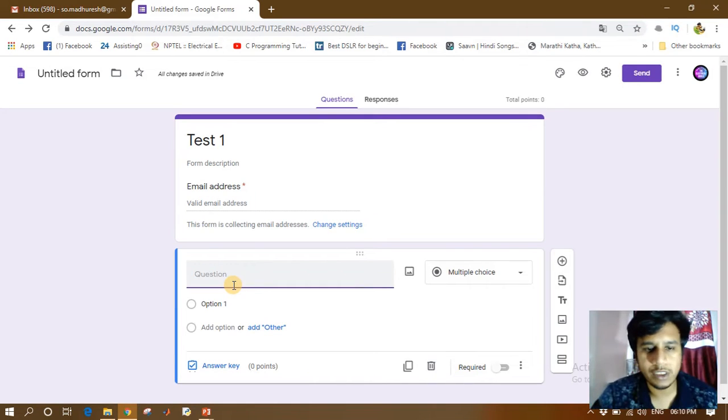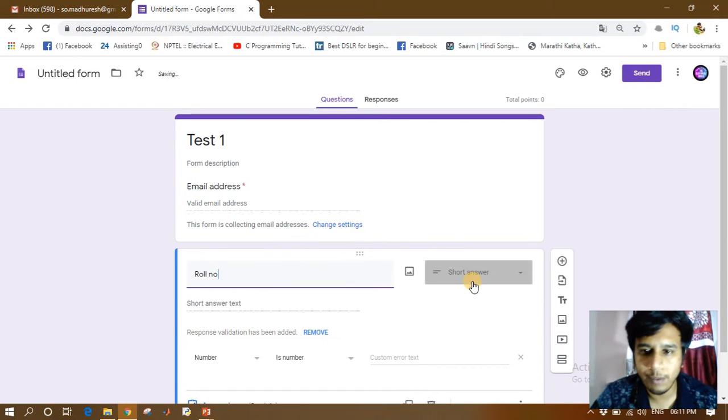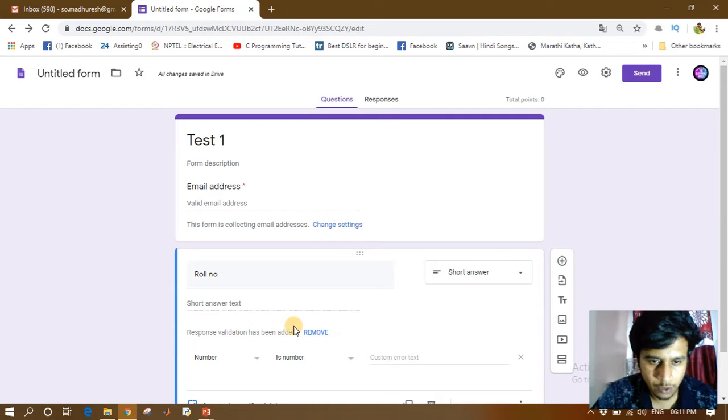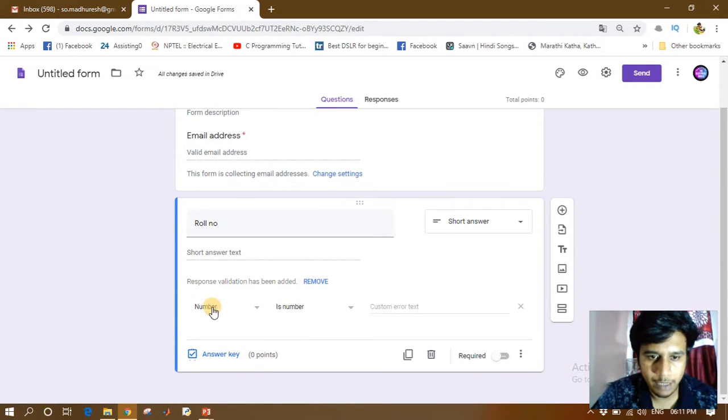Before writing the questions, first we need to gather the basic information of a student, like their roll numbers and their name. So first we'll make a column for roll numbers, and roll number is a short answer and it is not at all a multiple choice question. We are going to select it as a number so that the student cannot write any text over here, and done.